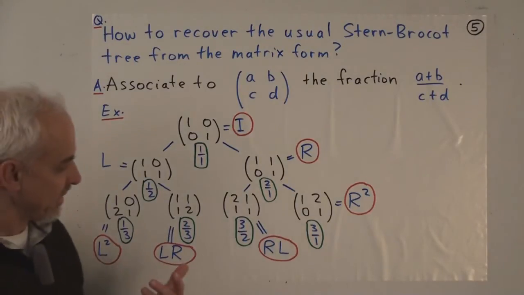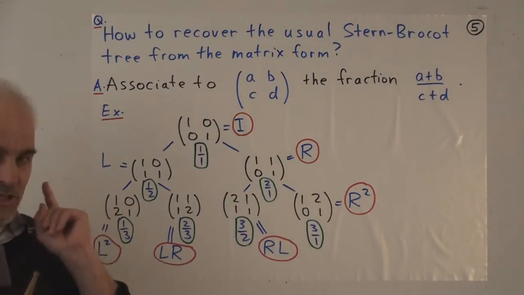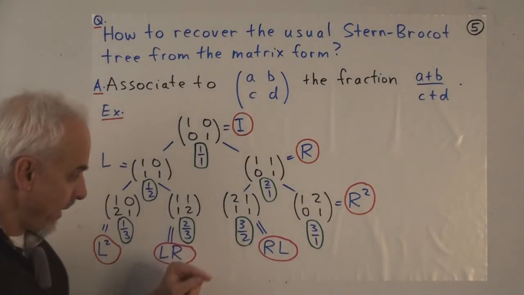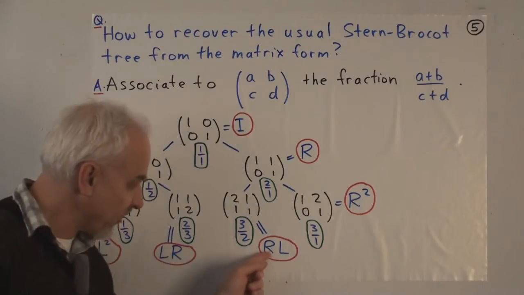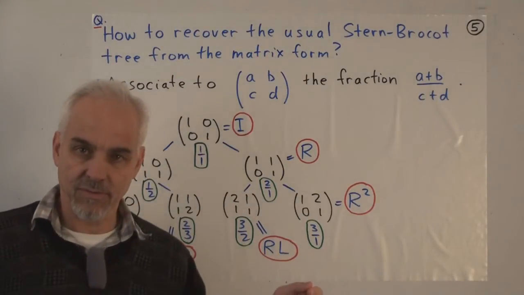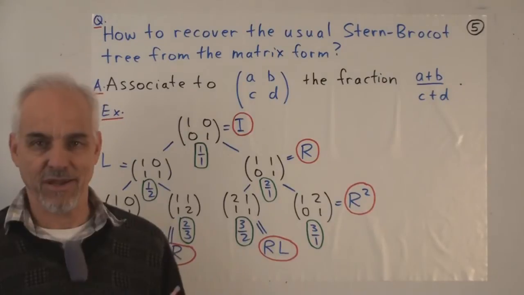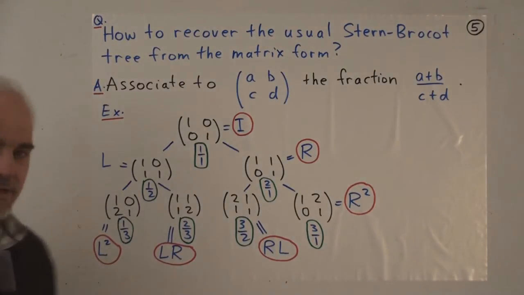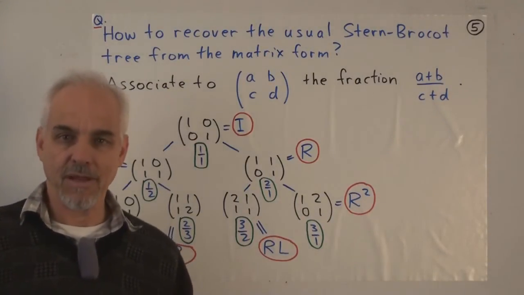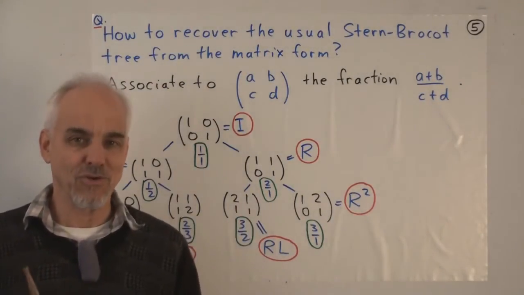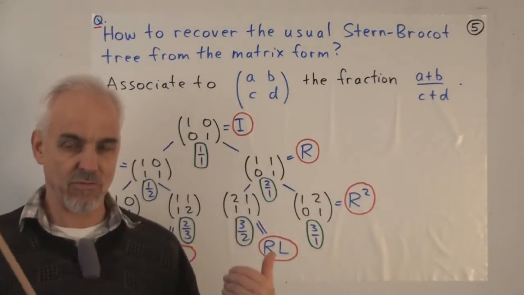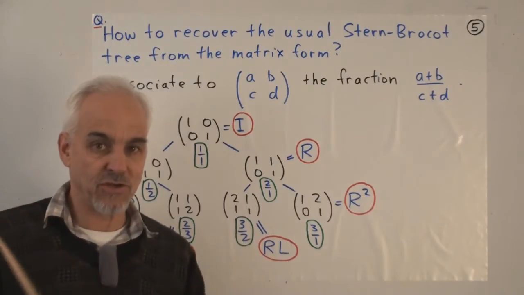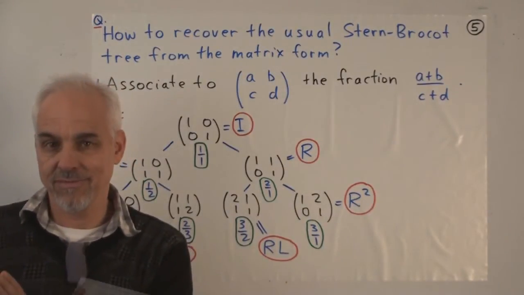And then we realize that now what this gives us is a way of associating to a fraction, like 3/2, a sequence of R's and L's, or maybe L's and R's, depending which way it starts. This is a very interesting and somewhat surprising benefit that just sort of drops into our laps by looking at this Stern-Brocot tree. That we now have a way of associating fractions to essentially binary sequences.